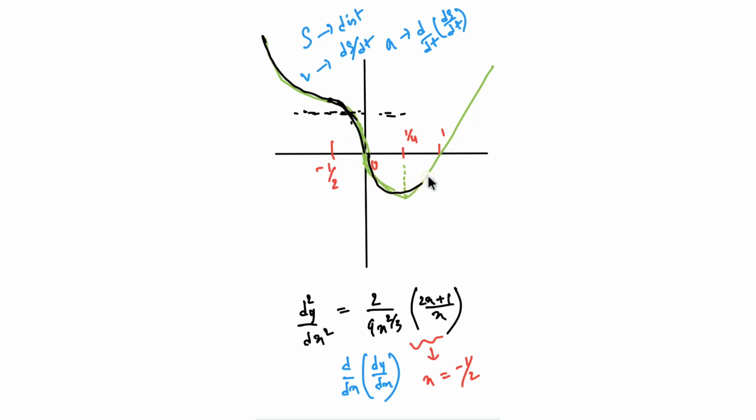We are not changing it in this way, because the point is that we are getting dy by dx equal to 0 only at x equal to 1 by 4. So we need to change the graph in this way. But here we are getting d square y by dx square to be 0. That means the rate of change becomes 0.